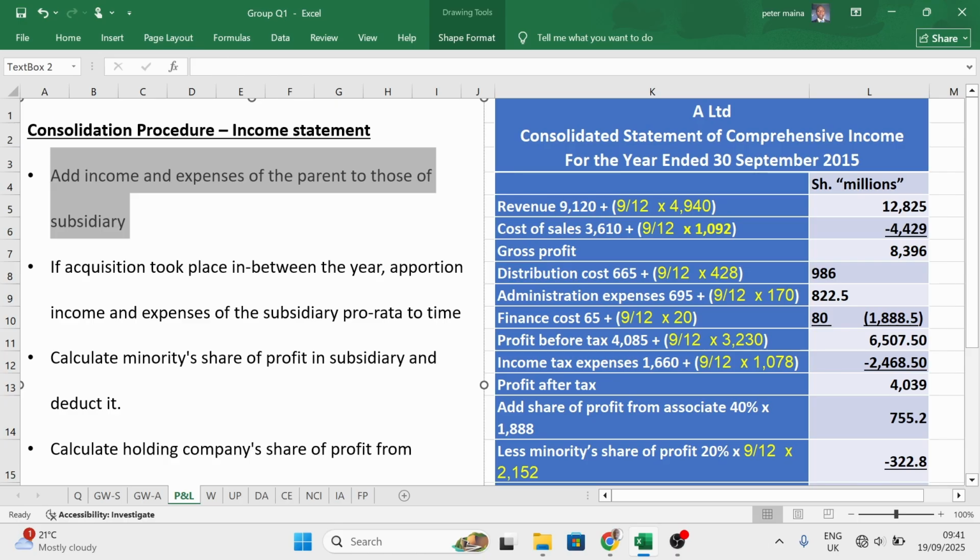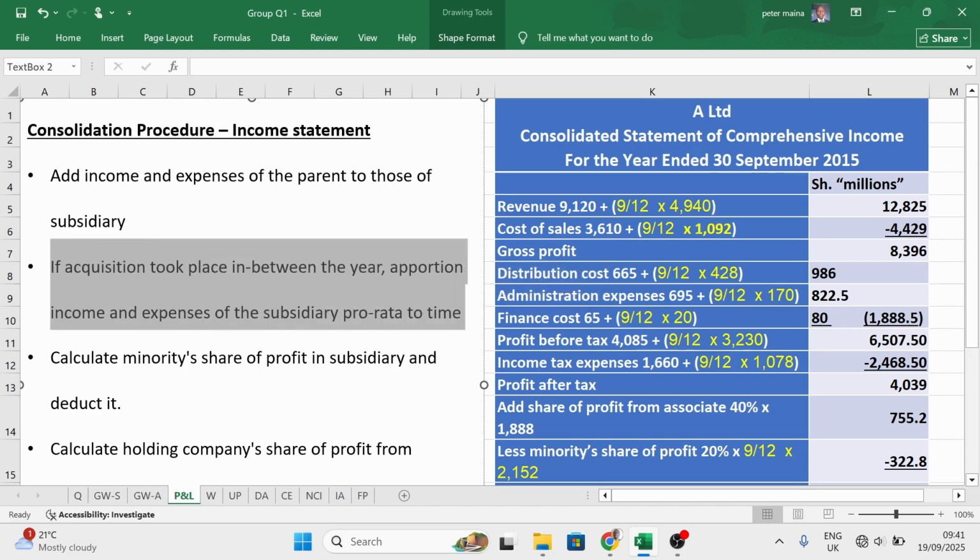The first thing, we are supposed to add income and expenses of the parent to those of the subsidiary. The second thing, if acquisition took place in between the year, we are supposed to apportion income and expenses of the subsidiary pro rata to time. So in this case, acquisition took place in between the current financial year. The specific date,